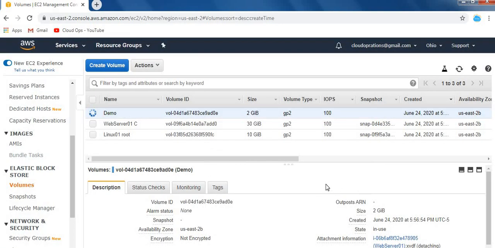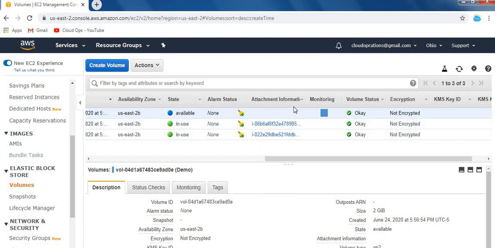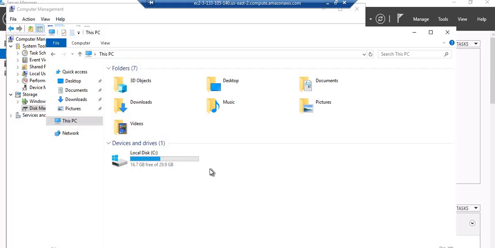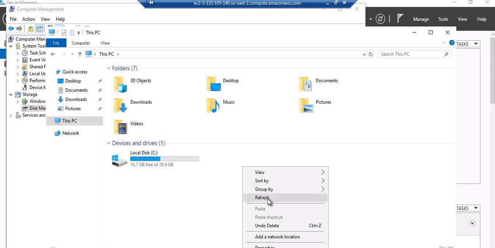Yes, detach. Click on refresh. See here, the volume is not there. Now let's go back to the server and see what happened out there. Okay, so see, from the server also the volume disappeared.